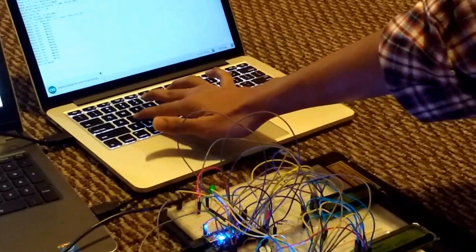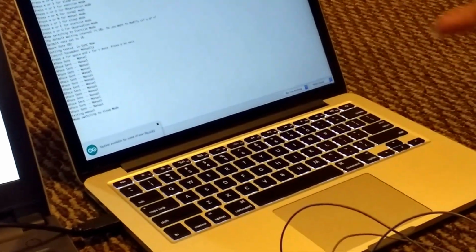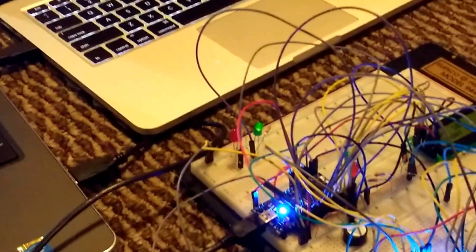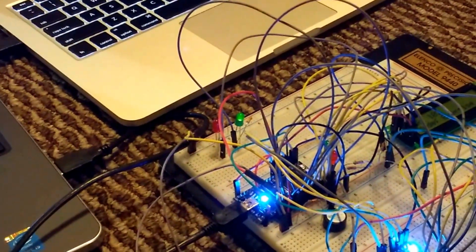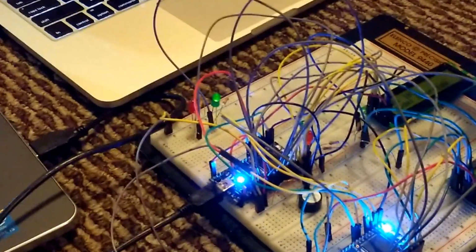Now if the person wants to go into the sleep mode, we just have to press S, and the pacemaker will regulate the heart according to that mode. Now it is in sleep mode, and as you can see, the heart rate has decreased totally.